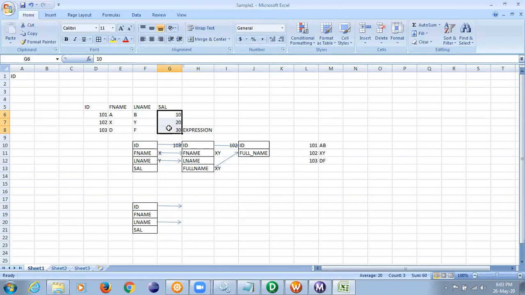What will be the output? What will be the output structure? It will be 60 for all the three records. Salary I am saying. What will be the structure? See, here we have defined the structure, right? ID and full name, right? What will be the structure in the output?